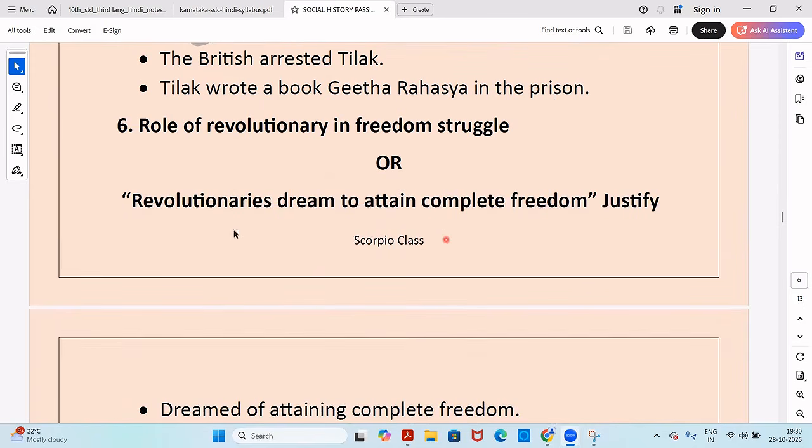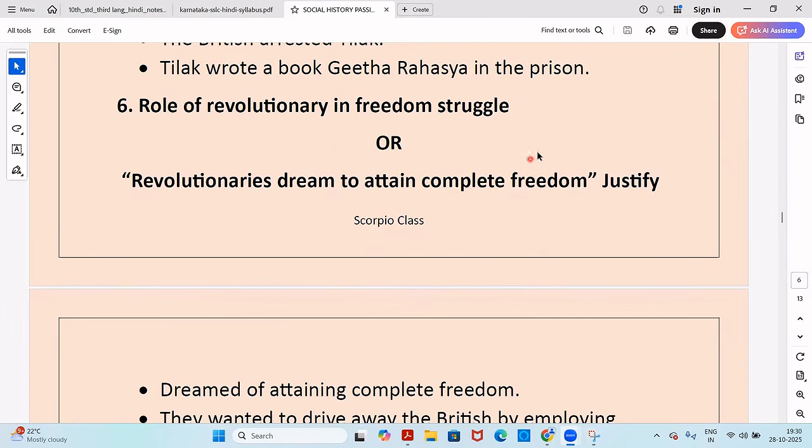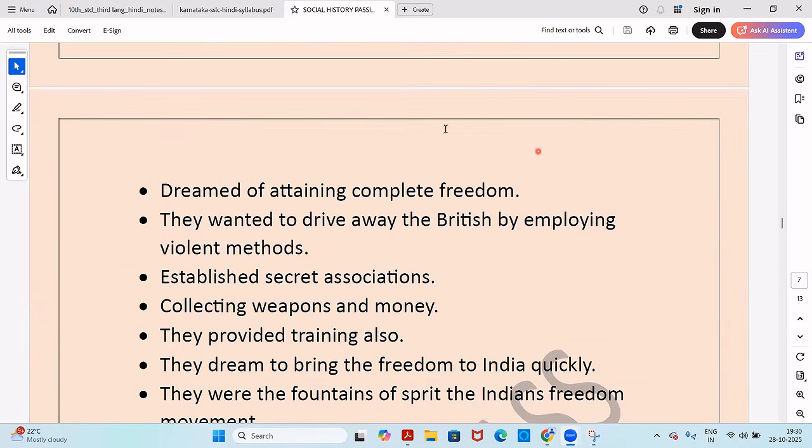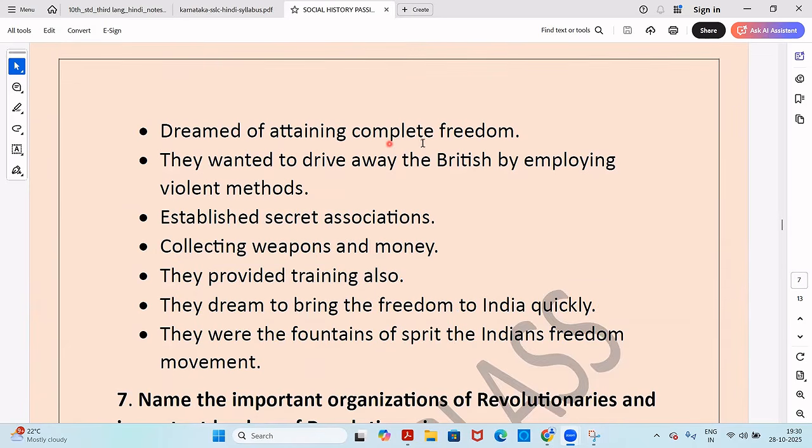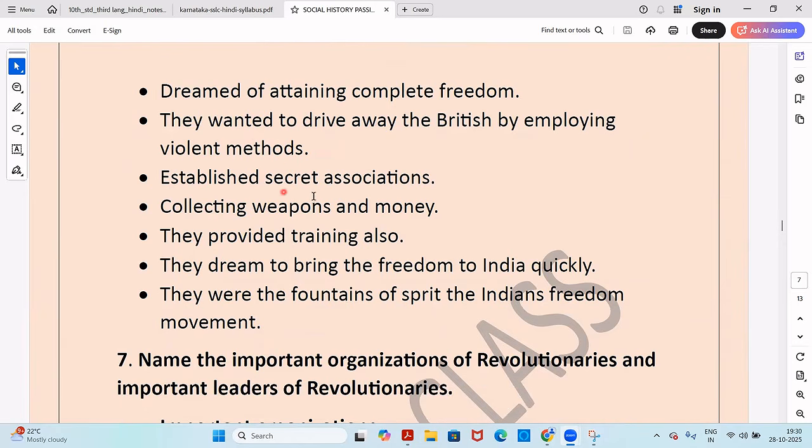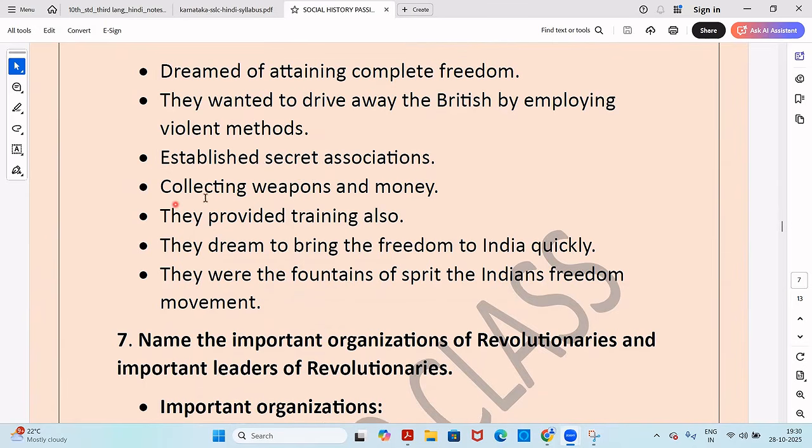You have two questions. Role of revolutionaries in the freedom struggle, or justify the revolutionaries' dream to attain complete freedom. So two questions, any of the questions can be asked. Answer: They dreamt of attaining complete freedom. They wanted to drive away the British by employing violent methods, established secret associations, and collected weapons and money. They provided training also. They dreamed to bring freedom to India quickly, and they were the fountains of spirit,